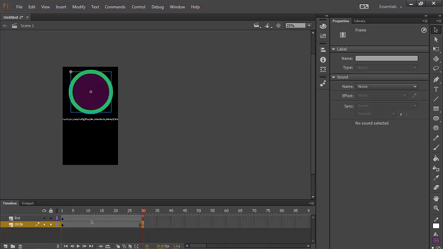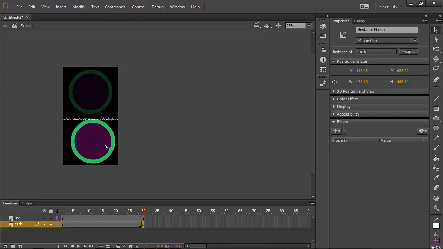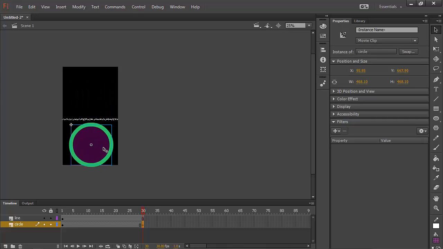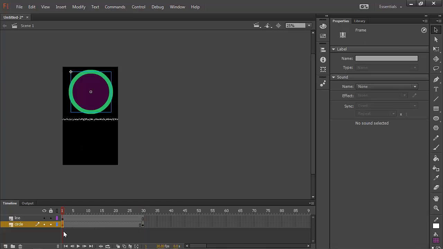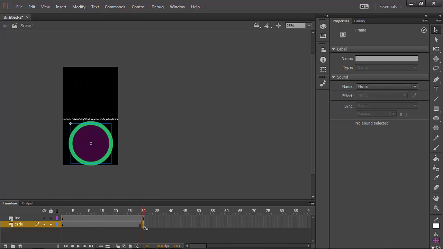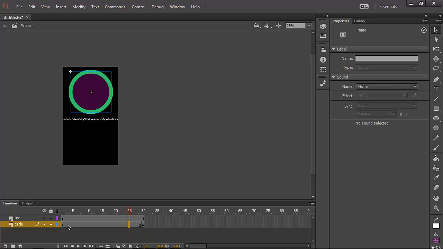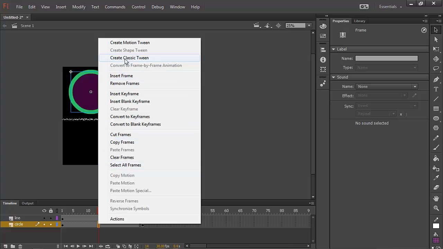You're going to ask yourself why? Well, all I need to do now is change some information on this keyframe. So I'm just going to change the position of the circle. At this keyframe, you're going to see that it didn't change the information at this keyframe. So basically, I have one keyframe at the top, one keyframe at the bottom. So that's it. Now, if I right click anywhere in between the two keyframes, very important, anywhere in between the two keyframes, if I right click and I go create classic tween,